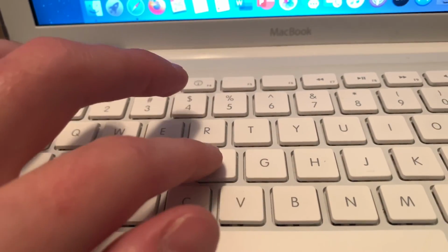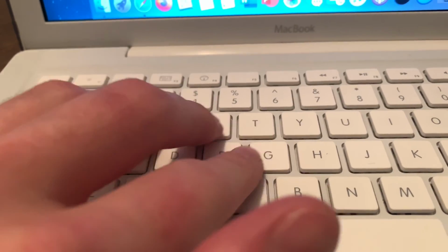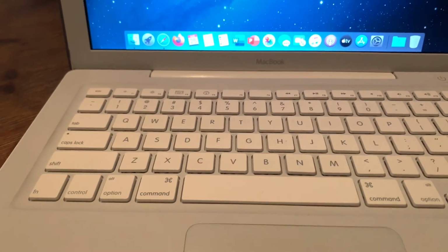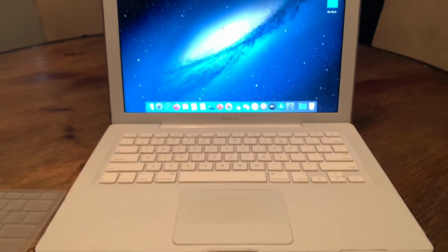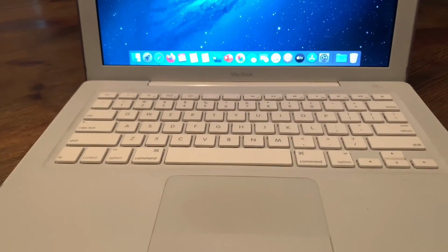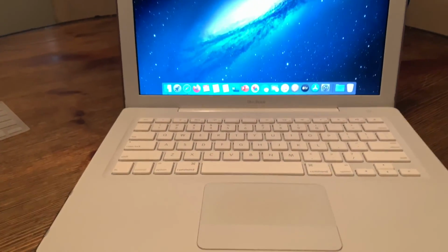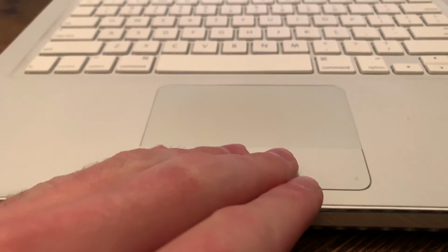And I mean, listen to that. That's the good keyboard. Why would Apple get rid of that? But as you all know, I am a big fan of Apple. So, love you, Apple. And then here's the old trackpad with the clicky button, which